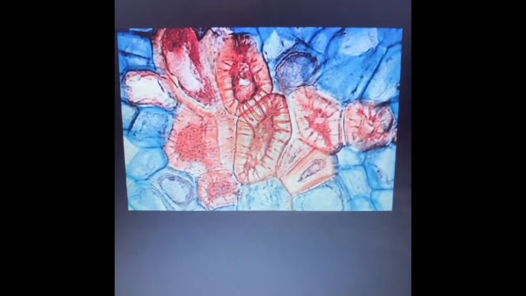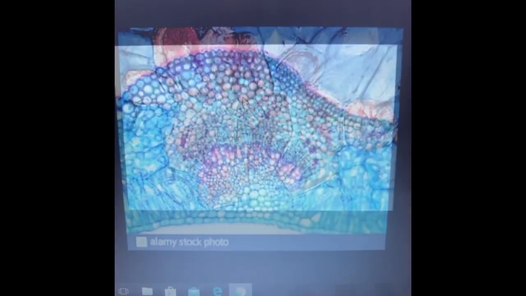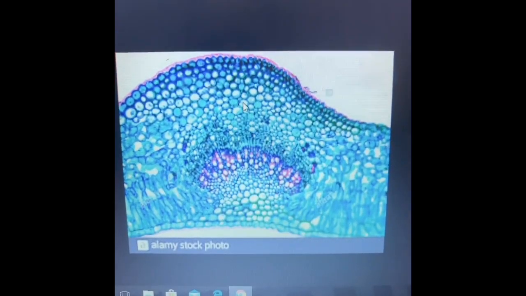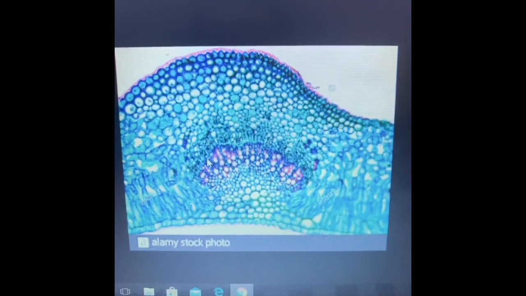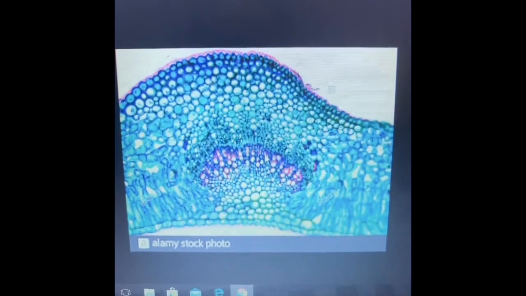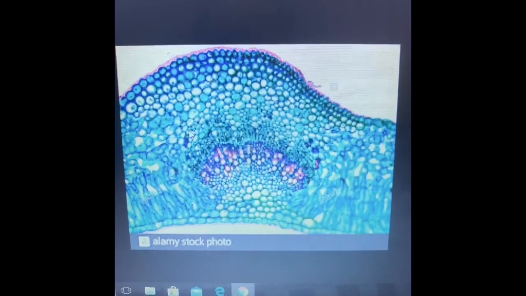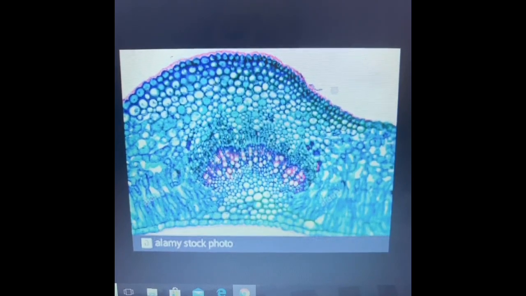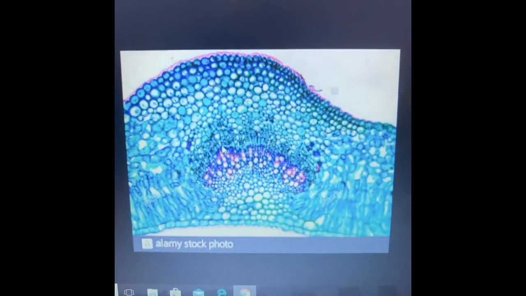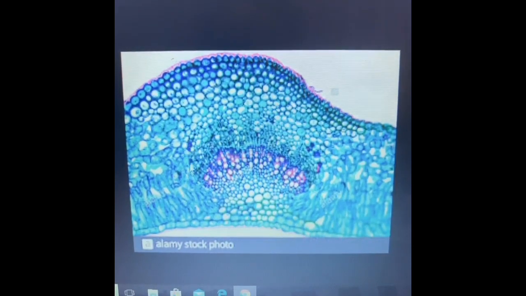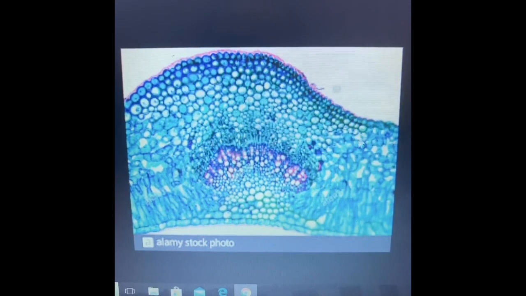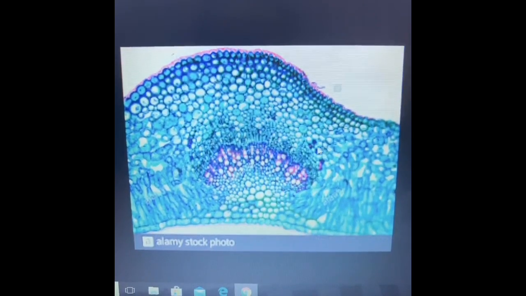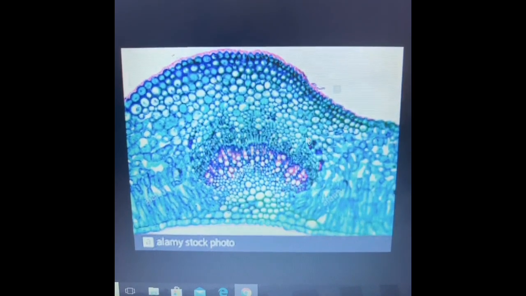This is the picture of how it appears in nature. This is a picture of the transverse section of a leaf. If you see over here, the cells are highly dark with thick walls. These are your sclerenchymatous cells, and this is the place where the veins of the leaves are present. Now this is the epidermis. Then you have the parenchymatous cells here. Here also they are modified, and the epidermis is also modified to show stomata. And over here are your collenchymatous cells.